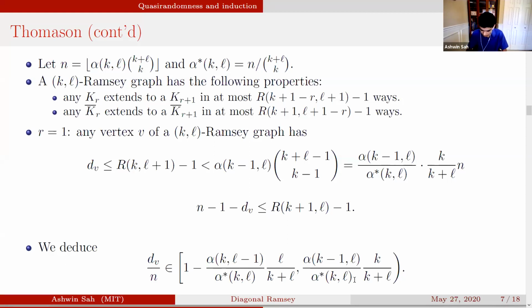Okay. So now the question is, if alpha is decaying, then instead of being sort of sandwiched at k plus l, there's a bit of room. And the idea is, how do we get a contradiction in that case? And so now you can sort of imagine why quasi-randomness is going to show up.